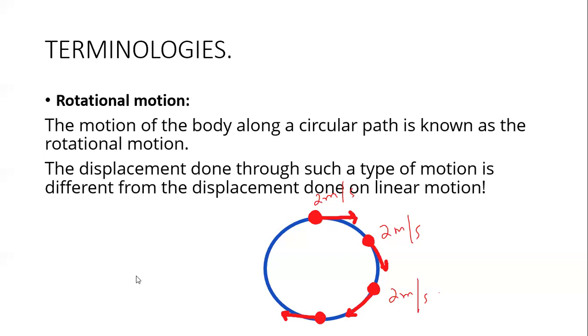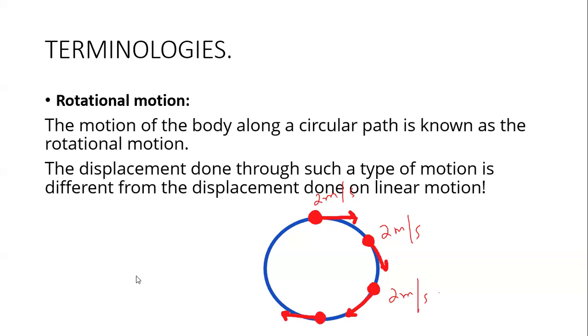Regardless of whether there is an increase in the numerical value, the magnitude of it, because the direction is always changing, we can say that circular motion is always accelerating. In a linear motion, you may have acceleration or you may not have acceleration. Third difference, assuming that